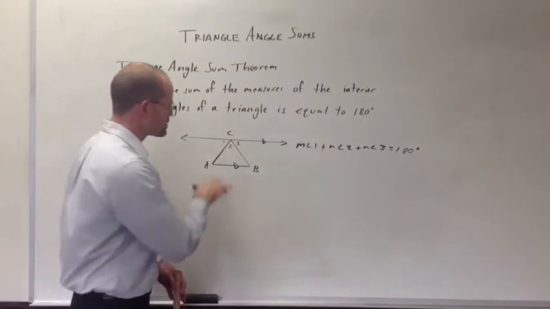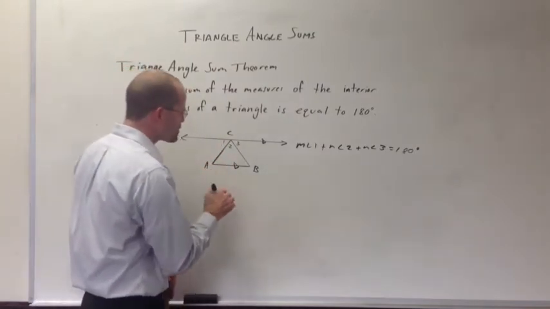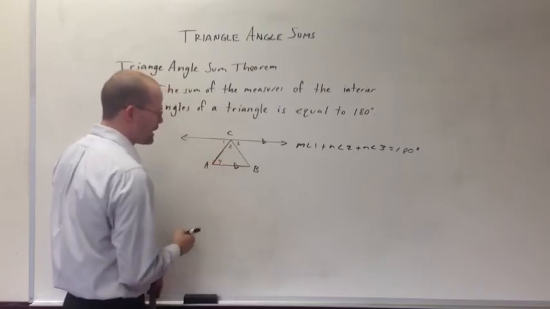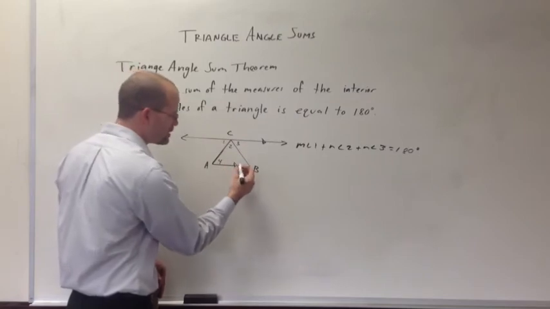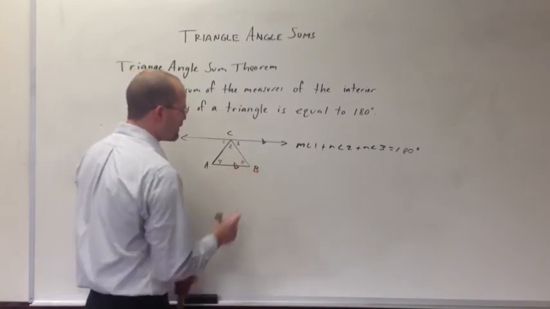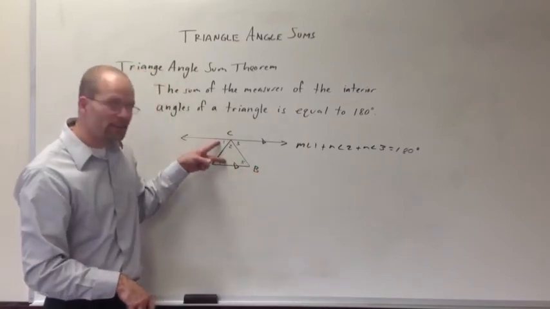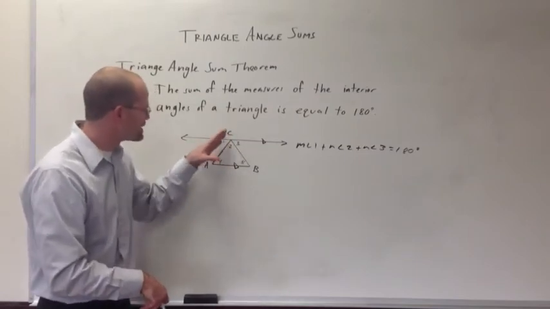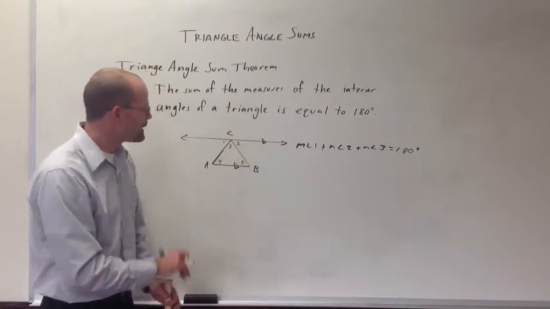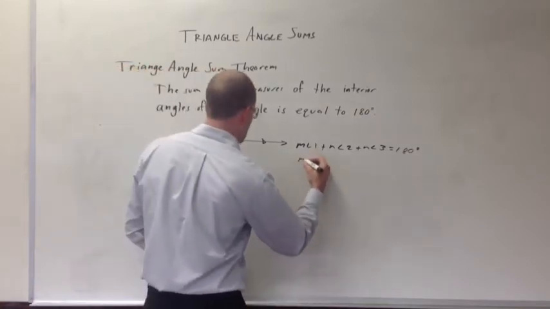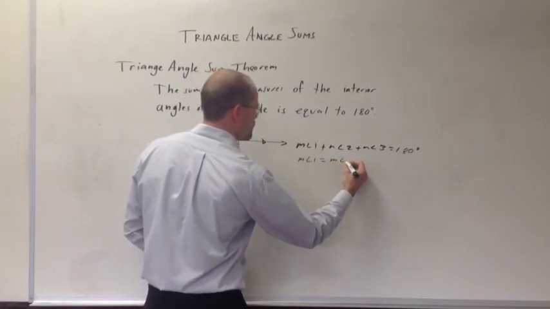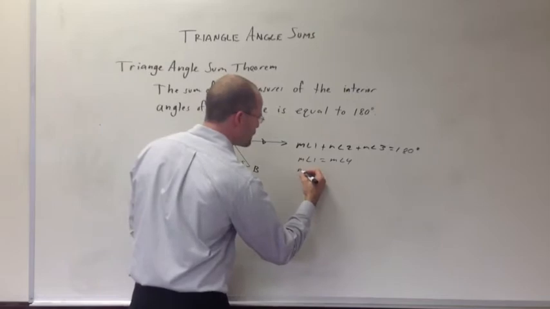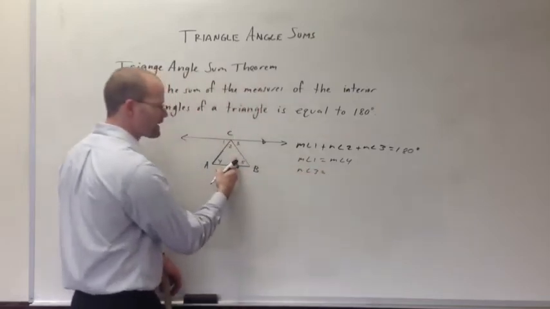But now, because we have these transversals in here, we can also conclude that the measure of angle 1 is equal to the measure of angle 4. And the measure of angle 3 is equal to the measure of angle 5. And both of those are by the alternate interior angles theorem, just applied on two different transversals, transversal AC and transversal BC. So by substitution, since the measure of angle 1 equals the measure of angle 4, and the measure of angle 3 is equal to the measure of angle 5,